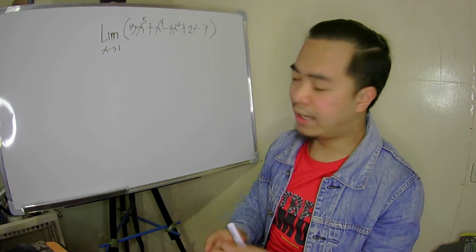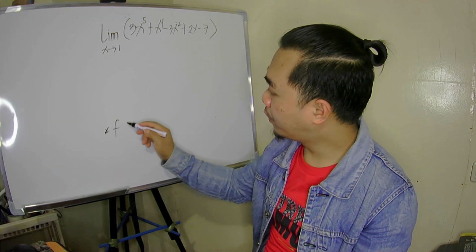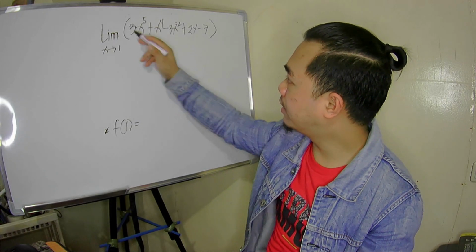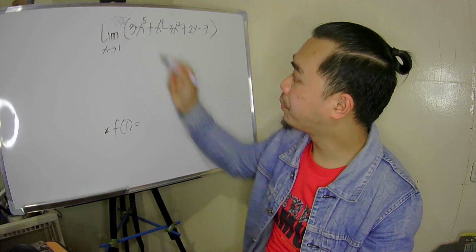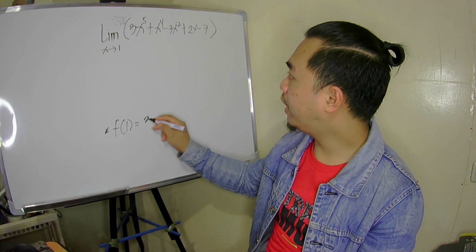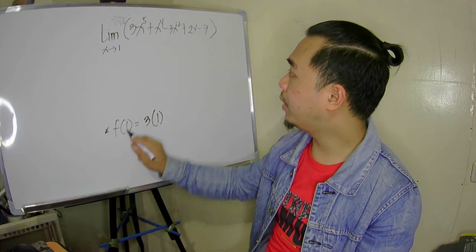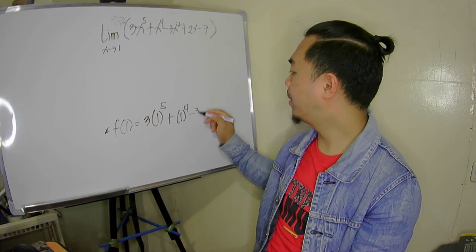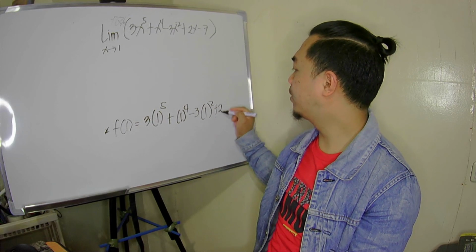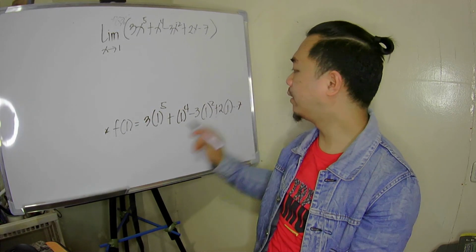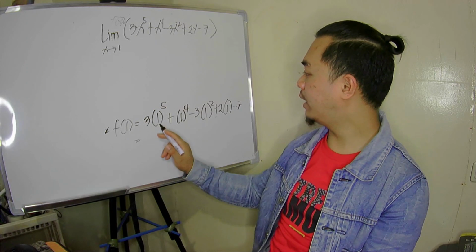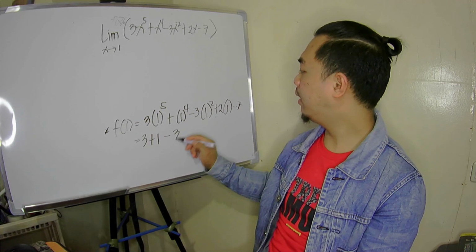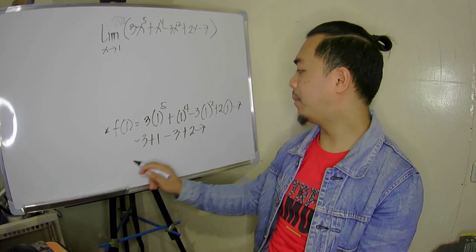Parang ang logic natin because f of 1 is equal to, so siguro this is, the name of the function is f of x kasi. We have 3, so we are substituting 1 to the function plus 1 raised to 4 minus 3, 1 squared plus 2 times 1 minus 7. Ano ba to? 1 lang naman yan, kaya 1 din lang ito ang raised to 5. 3, ganoon din dito, 1, 3, 2, 7.